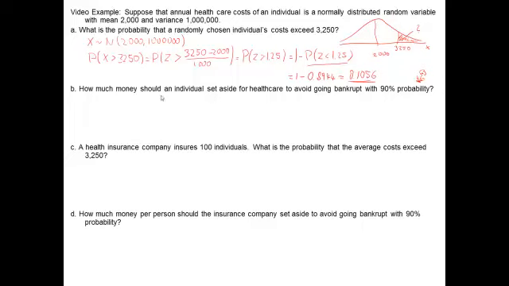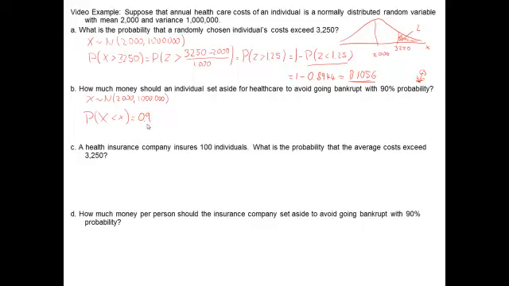How much money should an individual set aside for healthcare to avoid going bankrupt with 90% probability? So we know that healthcare bounces around 2,000 with variance 1 million. Big variance. And we need to find a little x such that healthcare expenses are less than that little x